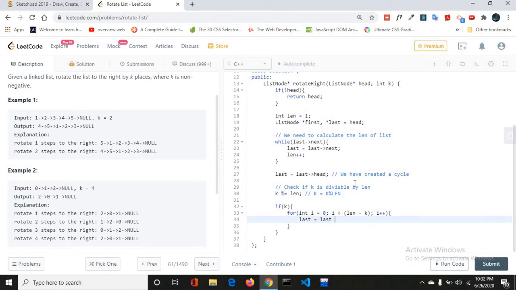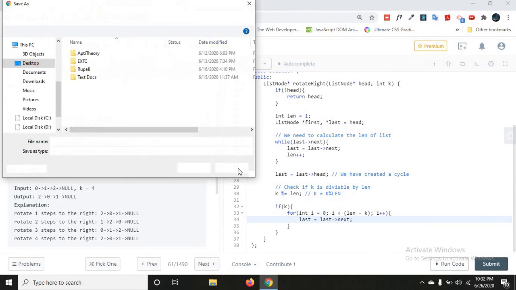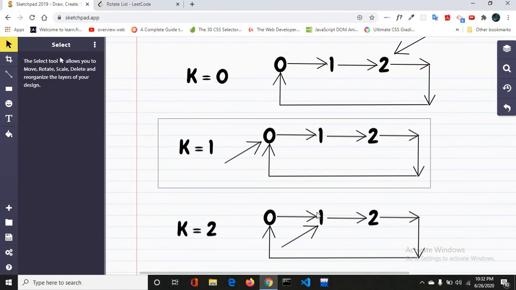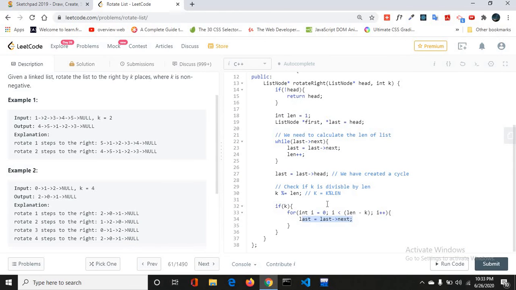So our last is equal to last dot next. As we can see, we are pointing our last to last dot next. That means we are just inside a cycle and we are rotating the cycle until we reach a point where i does not satisfy the condition. So now we have reached a point where